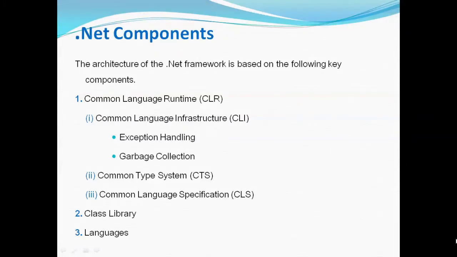Common Type System. What is that? CTS deals with data types. It means C# has an int data type and VB.NET has an integer data type. Hence a variable is declared as int in C# and Integer in VB.NET. Finally, after compilation, both use the same structure, Int32, from CTS.